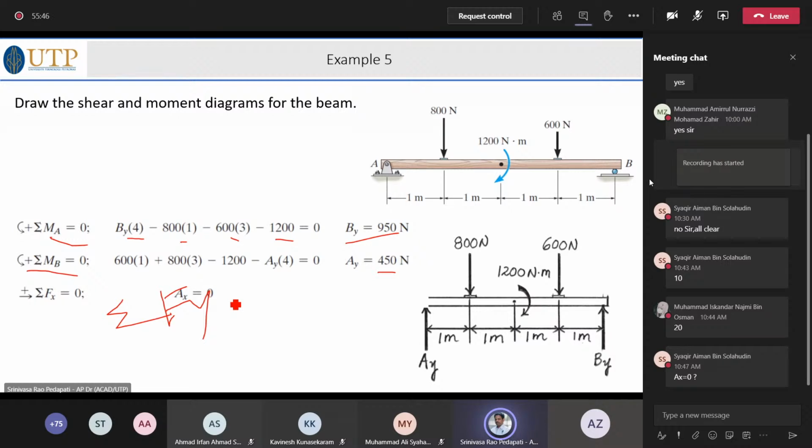Now you have all the forces in hand. So how to proceed? Shear force and moment diagrams. Let us say shear force is easy first. Moment, maybe you require to think a bit. For shear force, normally the shear force diagram you should project from the beam itself. You have to draw a straight line